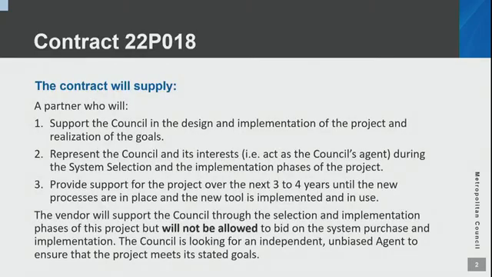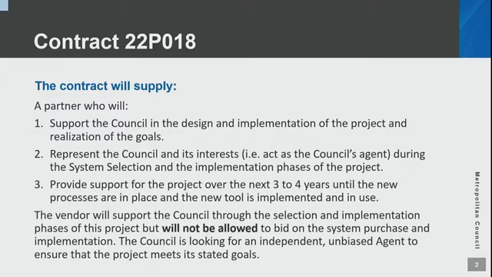So this is the first contract that we're looking to let in this project, and the project itself was broken down into 3 phases. Phase 1 is really getting ourselves ready as an organisation to implement a new technology solution. So in order to do that, we need to understand what the asset management system that we're going to utilise across the organisation is, how we're going to use it, what processes it's going to support, and ensure that it provides that true line of sight between the council's overall outcomes and how we operate, maintain, and utilise our assets on the front line.